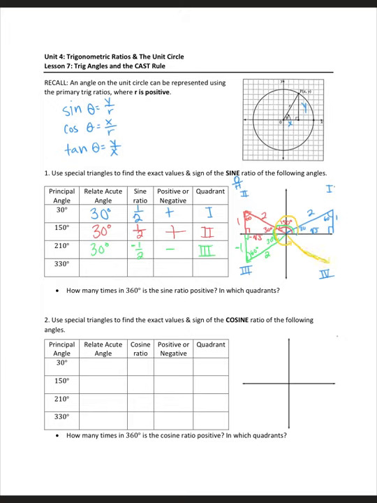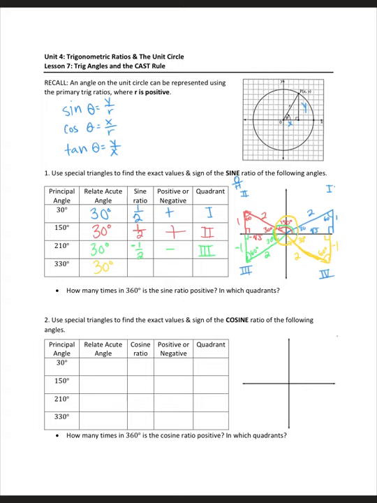Okay, and we'd have a related acute angle again of 30 degrees, because 30 plus 330 would make that full 360. I'm going to connect my triangle, label all my angles. So we have to recognize again what's negative and what's positive. This time, our y is a negative 1 here. So if I assess my related acute angle again, it is 30 degrees,